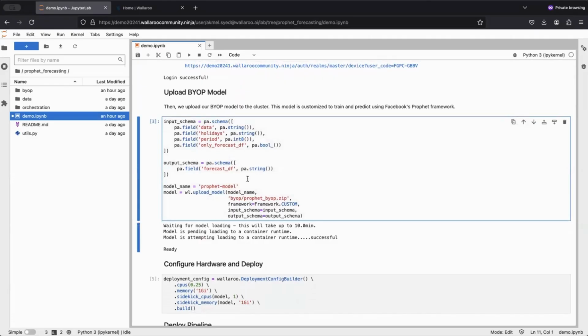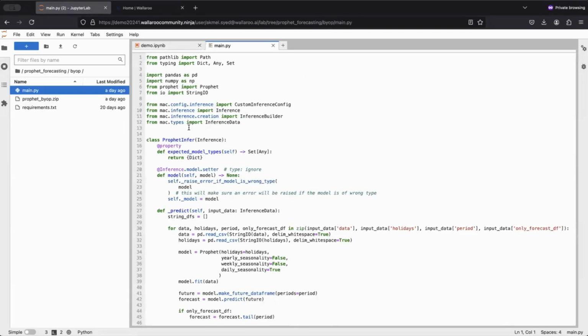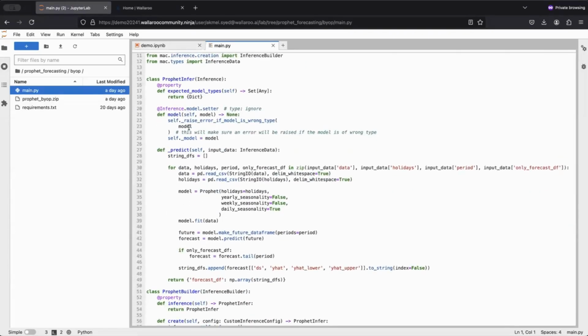I've already unzipped the contents of the custom Prophet workflow. Inside the main Python file, we can see Wallaroo's BYOP framework in action. By utilizing the BYOP template, we can take our standard Prophet workflow, something we've already tested outside the framework, and paste it into the predict function. As we can see, we have it set up to use incoming data to both train and generate forecasts with